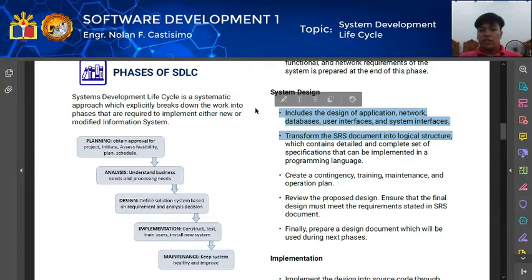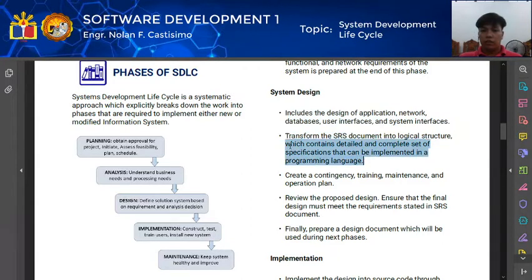Includes the design of application, network, databases, user interfaces, and system interfaces. So, dito sa system design, kailangan na nating i-design yung application mismo natin or yung system in the way that each network, databases, and user interfaces are all organized and ordered. Okay? Dapat na-design na natin yan isa-isa. Next, we have here